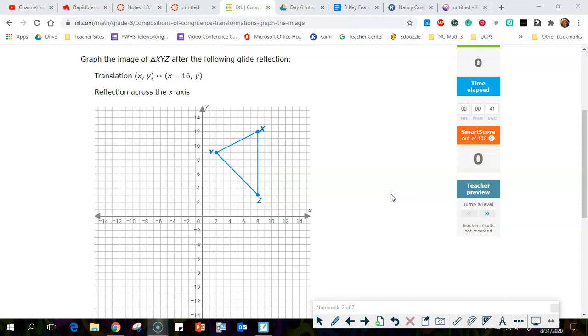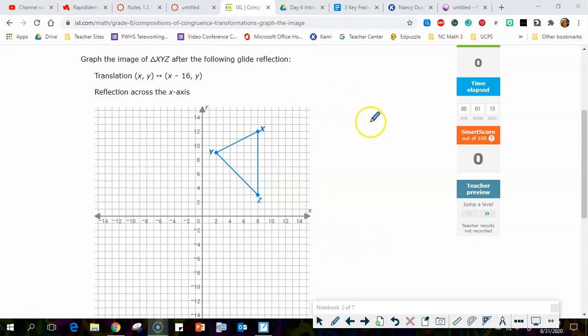So composite transformations, or transformation composition, if you remember from yesterday, means that more than one transformation has been performed on a figure. So we've got this triangle here, and it says graph the image after the following reflection, they're calling it a glide reflection, which means it slides first and then it reflects. So we need to do a little bit of work here